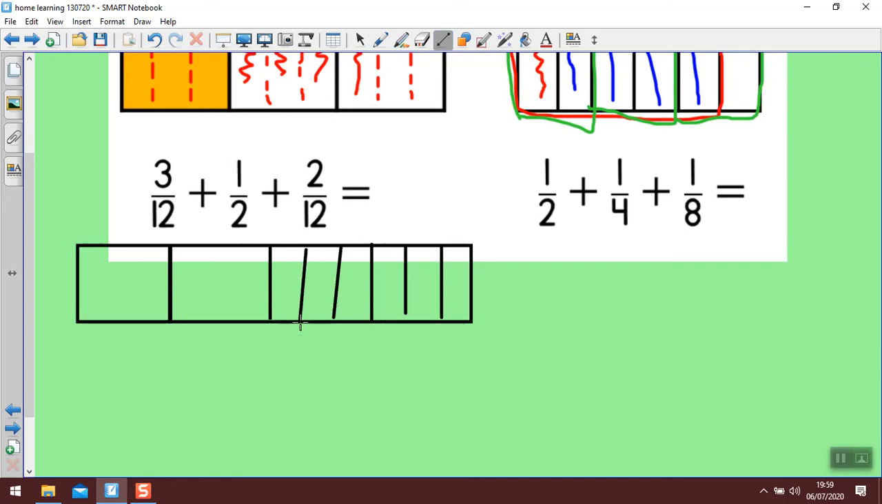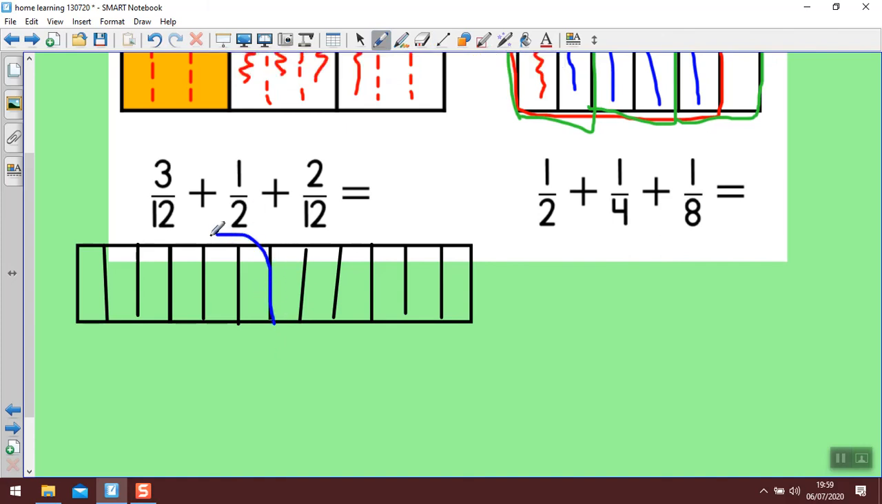Split each section in thirds. So it's going to be 6 altogether. So 1, 2, 3, 4, 5, 6, 7, 8, 9, 10, 11, 12. I've got 12 sections, and I know that half